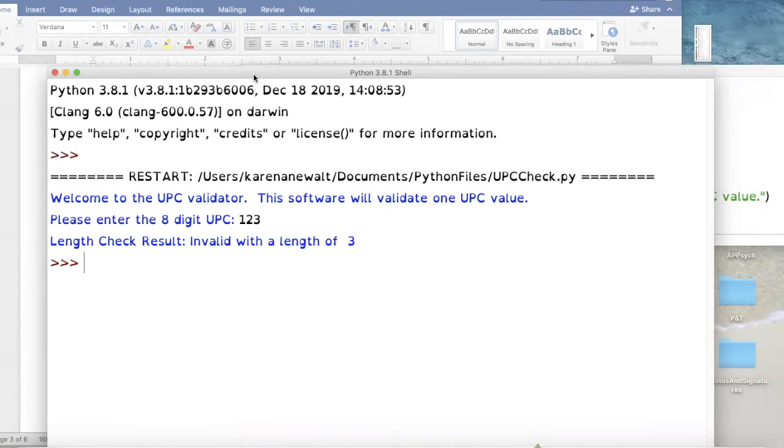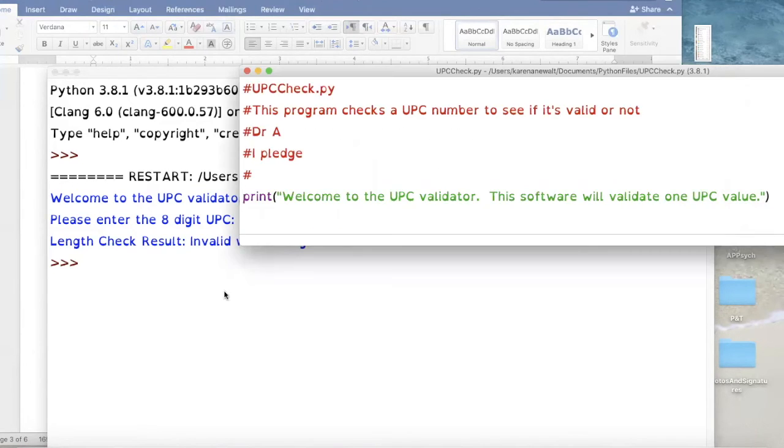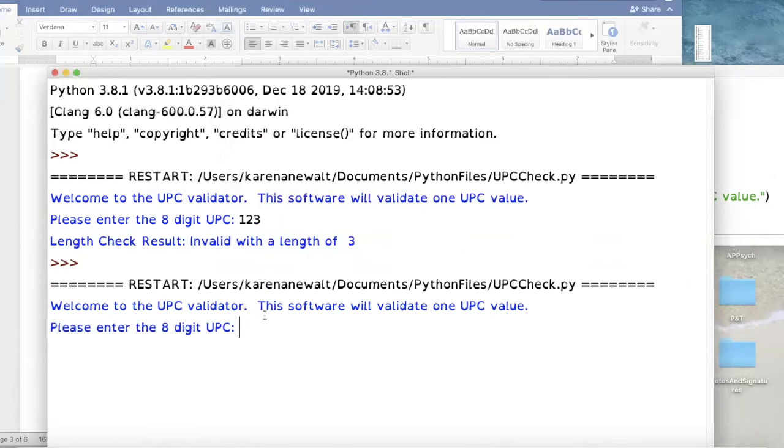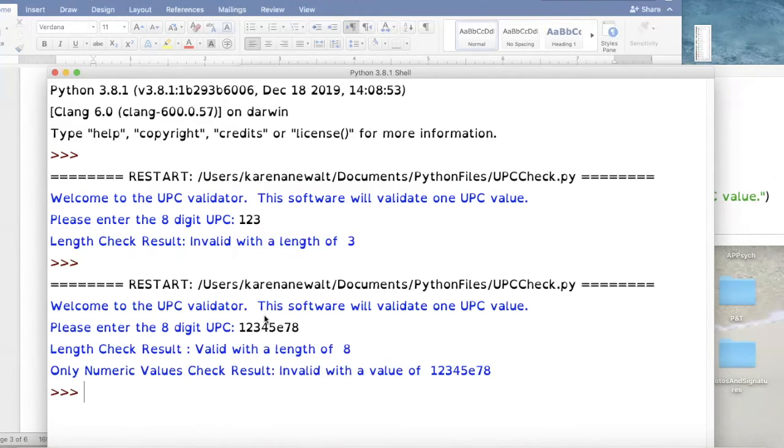It doesn't make any sense to check the prefix of the UPC code or to check the checksum if there aren't even enough digits in the code itself. The next thing that your code should do is check to make sure that the UPC code contains only digits and no letters. So for example, if I enter 1, 2, 3, 4, 5, E, 7, 8, my software should tell me that that's an invalid code because it contains